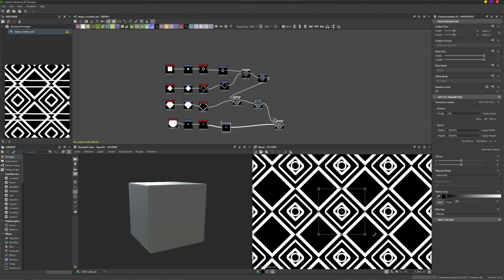Now the circle is clearly visible in the 2D view, but I think its placement still needs a little tweaking. Let's shift it around a bit. Maybe here? No, not quite. Let's adjust again. Yeah, that seems to fit better. Or actually,